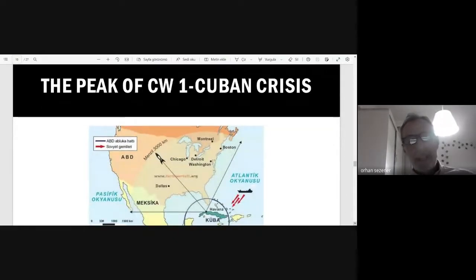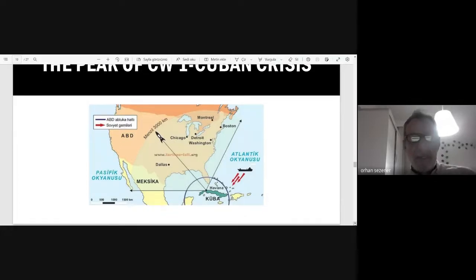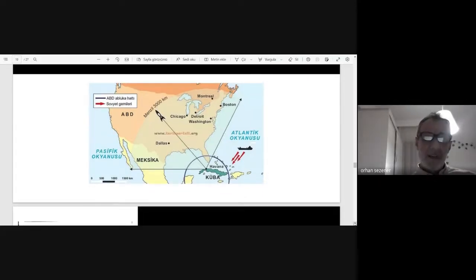Cuba, the island country to the south of the US, had a communist revolution in 1959 under the leader Fidel Castro, and they had friendly relations from then on with the USSR and with the other communist countries. Therefore, as an answer to American missiles in Izmir, USSR based nuclear-head weapons or missiles in the island of Cuba, 1960 or 61. And their shooting distance was even twice